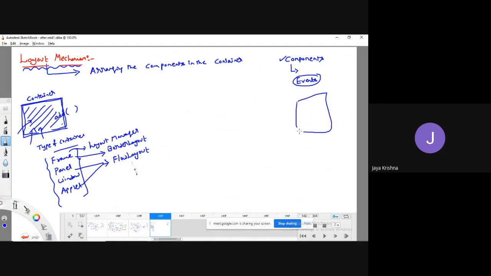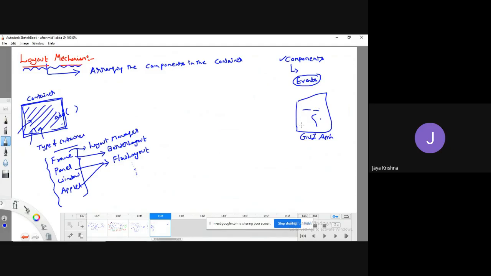If you leave them as they are, the components in the GUI application may be arranged in their own order. If you wish to arrange them in your own way, then I can go for studying the concept of layout mechanism.